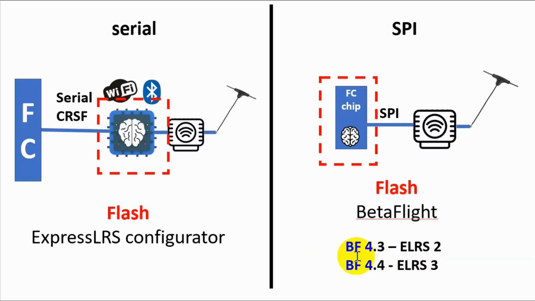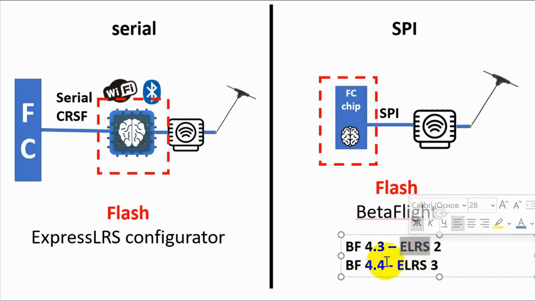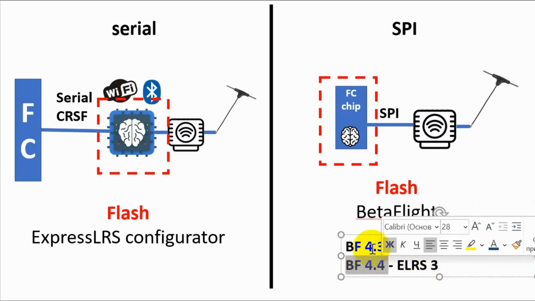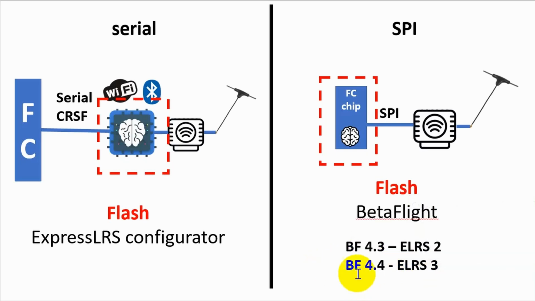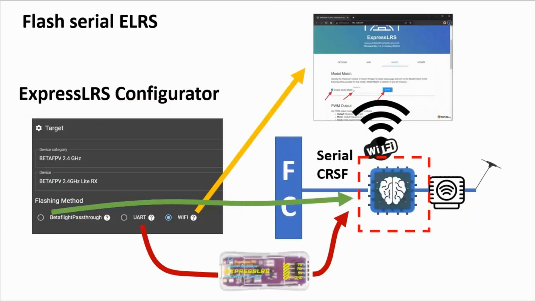Actually, there are some tricks that allow you to use ELRS 2 on newer Betaflight, but I'm not sure about it. So this is the fact that we have to deal with when we use SPI ExpressLRS. Okay,